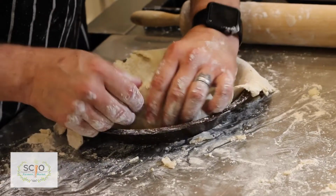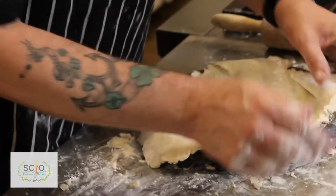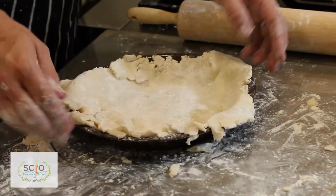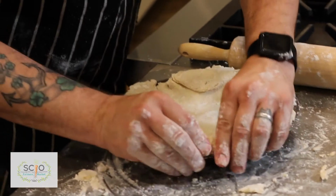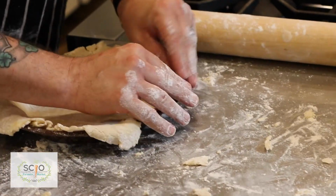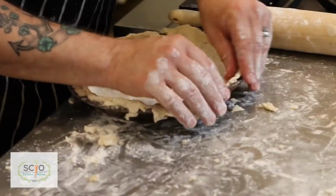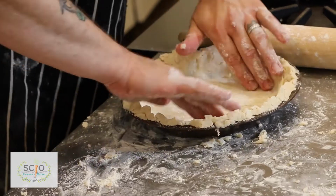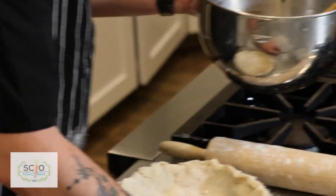Now normally I would put a shot of Pam or something in, but I floured a lot, and this is a non-stick baking dish, which does make a difference. Anyway, as you can see, I overshot in places. It's not the perfect crust. So you can kind of balance it out by working it around the sides, sort of spreading it out. You can build up a crust all the way around. The pieces that fall off can be easily reattached. And then take your pre-prepared mix, a spatula,